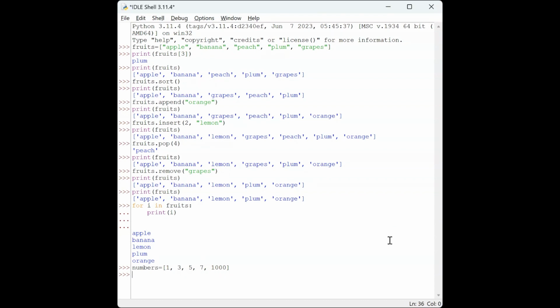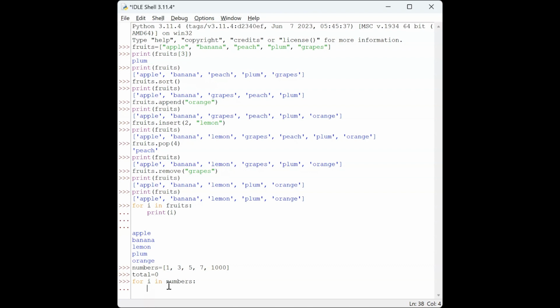So as I said, we need a variable that's going to keep track of all of our numbers and their total. So we're just going to call this variable total, and I'm going to set total to have a value of 0. Now, the second thing I said you need is a for loop, so that we can go through all of the elements in our list of numbers. So for i in numbers, which is our list,